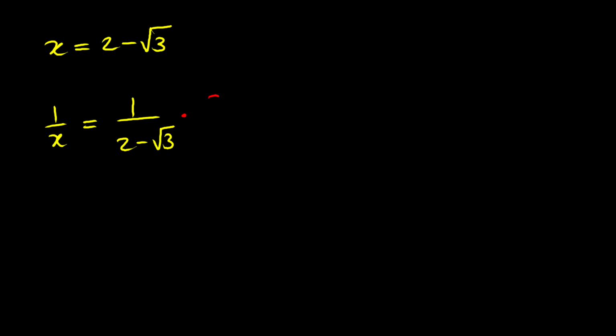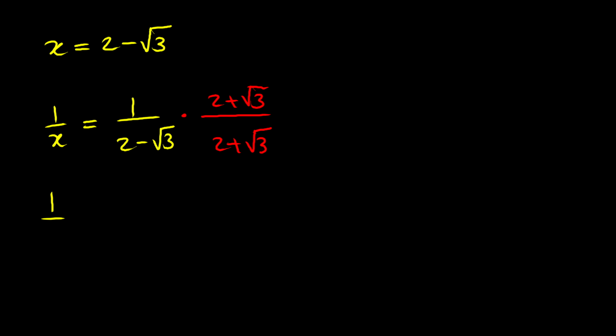So we know that x equals 2 minus root 3. Therefore, I can flip both sides and say that 1 over x equals 1 over 2 minus root 3. Next, I can go ahead and rationalize the denominator of the right-hand side by multiplying both the top and the bottom by 2 plus root 3,